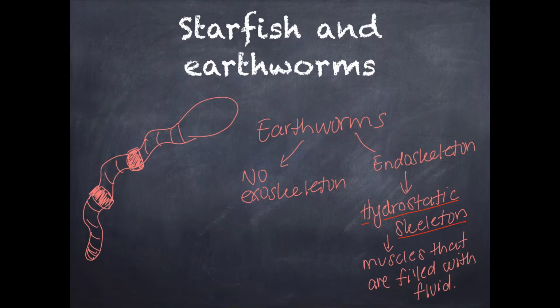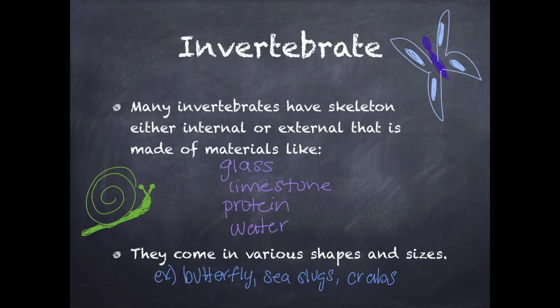And they have no exoskeleton. All right, so other invertebrates that we talk about also have a skeleton that can be either internal or external, and they are made up of materials like I have written here: something similar to glass, limestone, protein, water. And like we said, the earthworm in the previous one has something similar to water, the hydrostatic skeleton. And then they also come in various shapes and sizes because of these exo and endoskeletons,